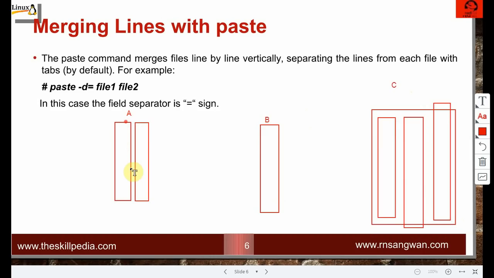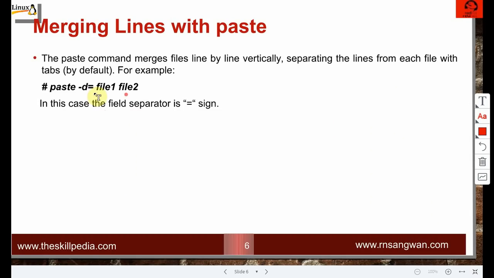We have vertically joined two files to result in the third file. What is going to be the separator between the columns? Here we specify whether I want a semicolon, a colon, an equal sign or a space. That is my choice, specified by -d, followed by an equal sign and whatever character I want.